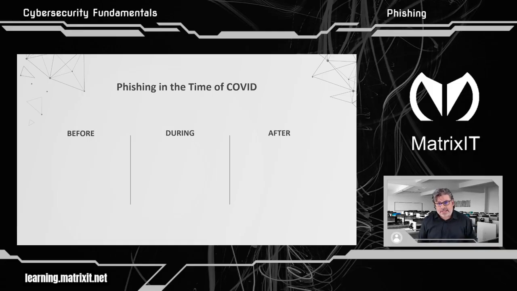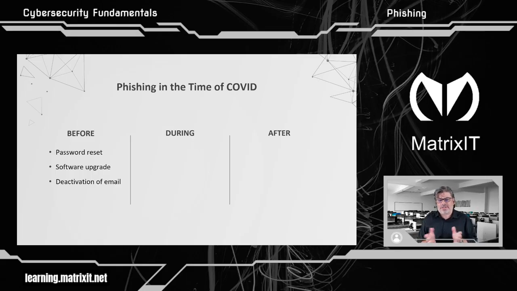So generally, with phishing, what I did was I started looking at the timeline. We've gone through COVID for the past number of years, and I wanted to compare the amounts of email that were going out, the phishes that were general phishes. They weren't targeting any specific person. They were just being sent out to the masses, and the cyber criminals hope that you're going to click on it.